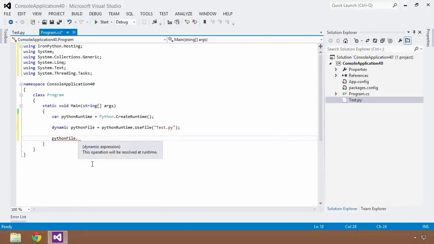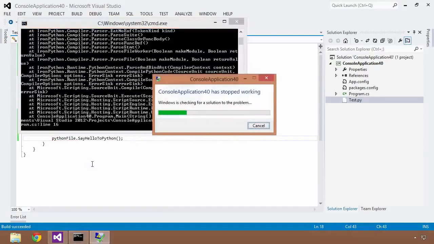So you get a little less checking, but a little bit more flexibility. So my method that I want to call here is say hello to Python, and I will save this and I will build, and everything will build successfully. And if I hit Control F5,